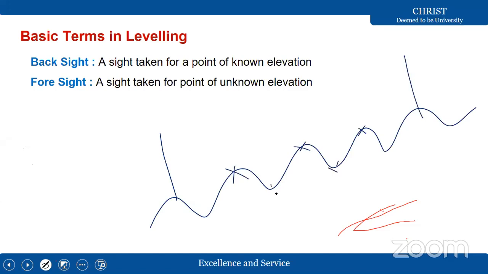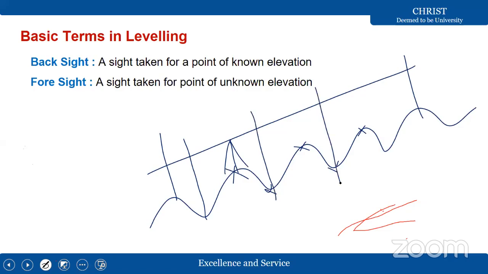So I am going to take in between sights also. If I have established my instrument over here, I am going to take one sight over here, the other sight here, the other second, like this I am going to establish intermediate sights also. Now here it is a benchmark for me. This is the benchmark. From benchmark, I am going to establish. Benchmark means already this elevation I know. Let us take 100.0. 100 meters is the elevation of this point.